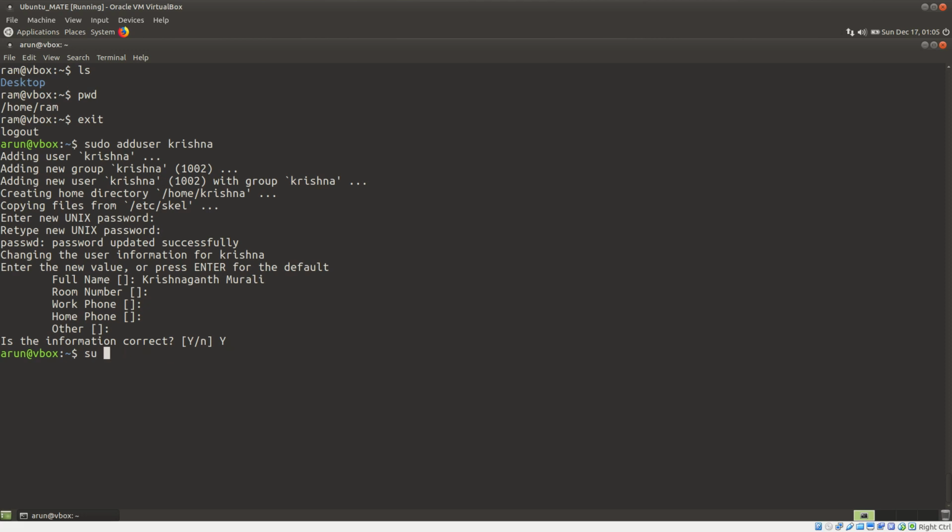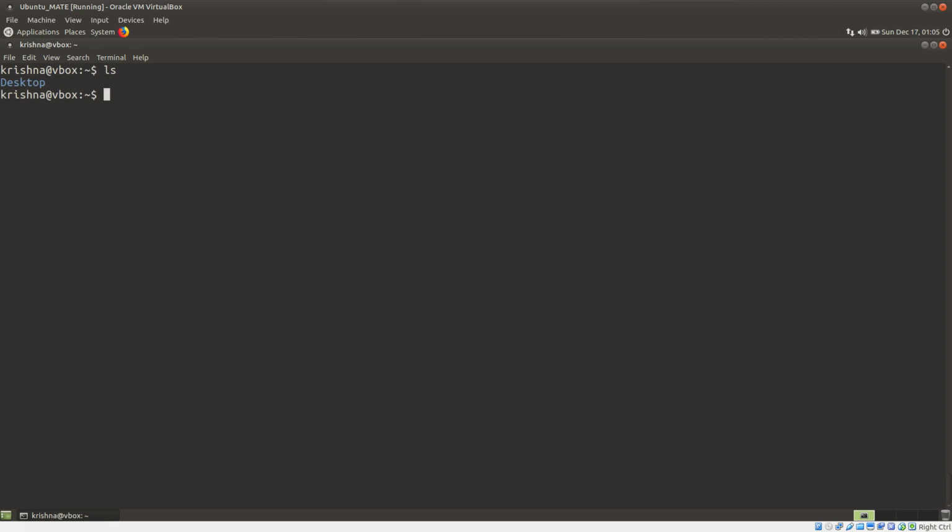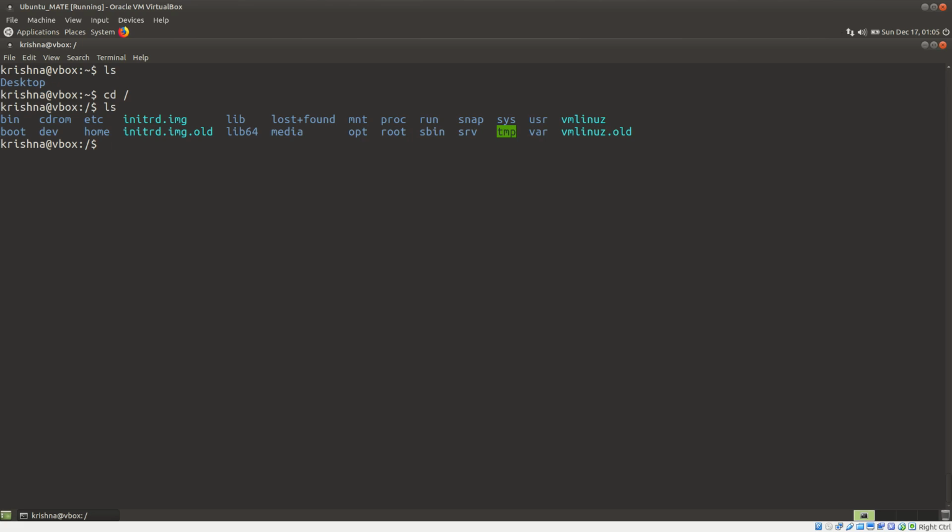So if I just type sudo su - Krishna, it'll ask for the password. Okay, and there you go. If I look at the present working directory, it is /home/krishna. Let me create a directory, desktop. Okay, there is a folder desktop. Cool. If I go to the home root directory, and let's say I type sudo mkdir sample, it asks for the password,